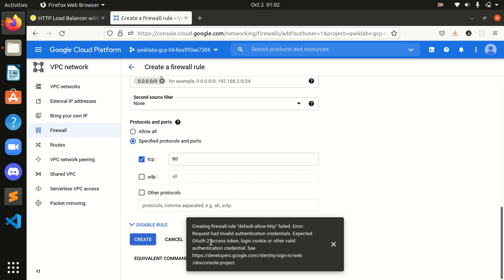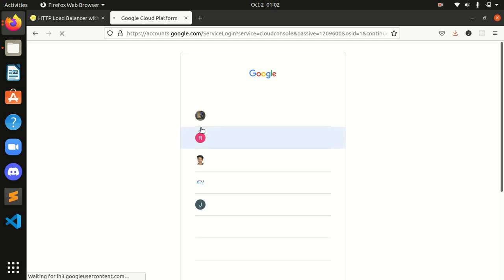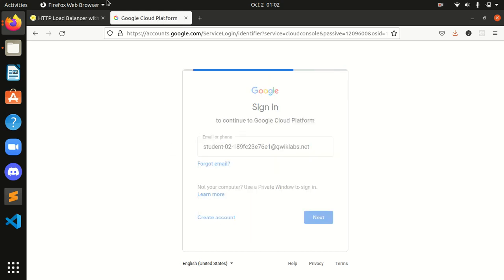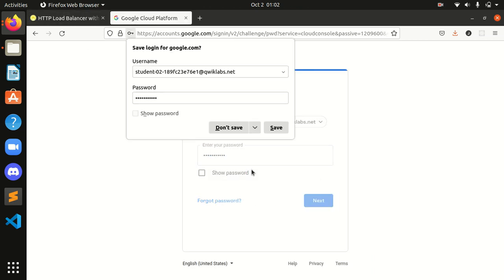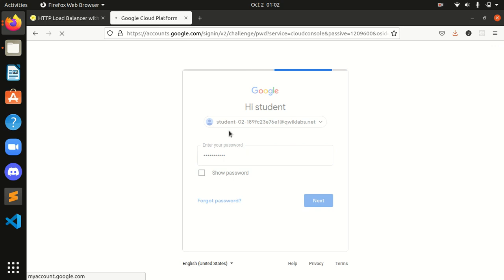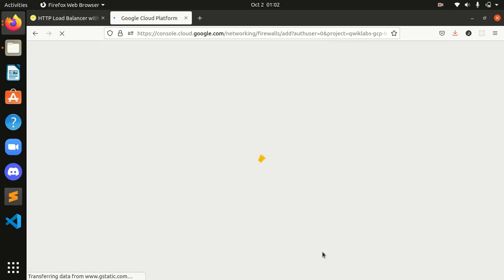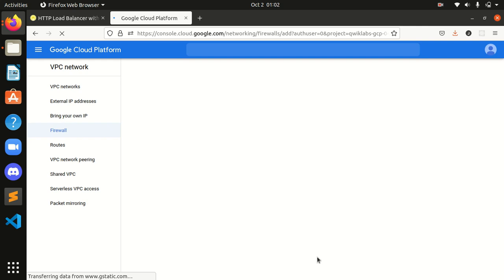Okay, request had invalid authentication. I will just refresh and log in again. This comes up when you are asked to log in again, so no need to worry, just refresh it and log in to your console again, guys. Okay guys, we are over here. I think we have to create it again because we had not created it at that time.